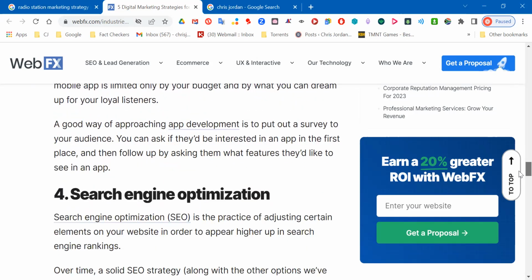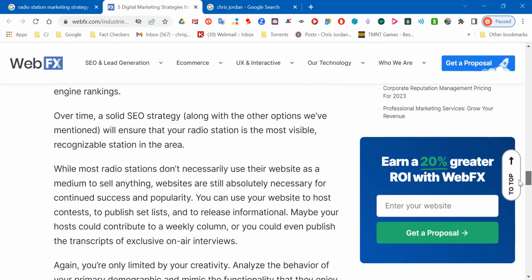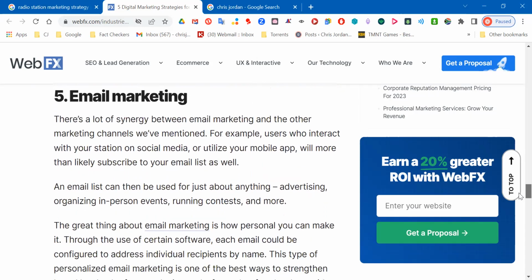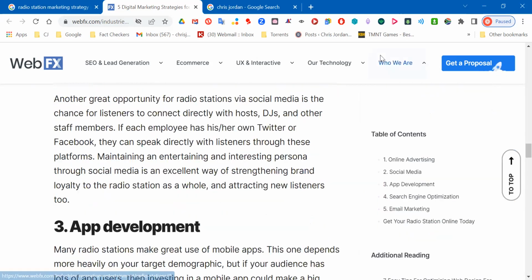I want to listen to podcasts here. I want to link directly to people's social media accounts, whatever it may be, and I want to be able to enter competitions and listen to Spotify charts and whatever. So again, search engine optimization, and again, email marketing is very effective, but do not overstep your boundary. It's going to get really old really soon. Okay, that's the end of that.